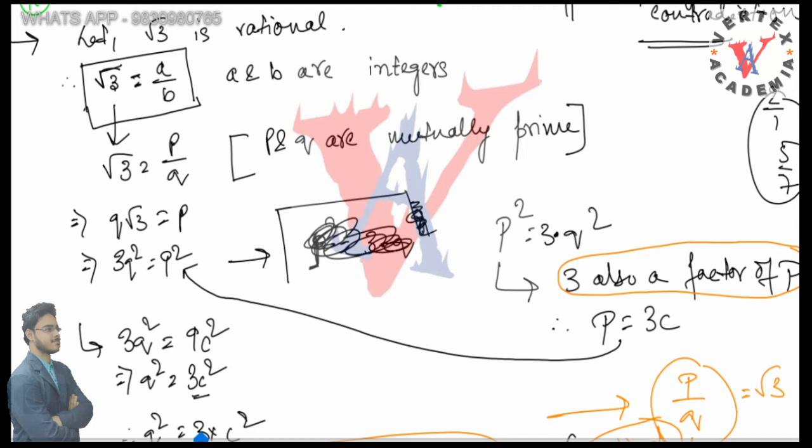Now, I hope this is clear, this process. You should go through this 2-3 times, then you will get a clear understanding of this thing. Now in examination the question will come, prove that root 5 is irrational. Now the same thing will be there, just the numbers will get changed.